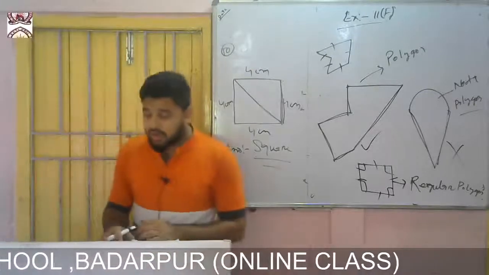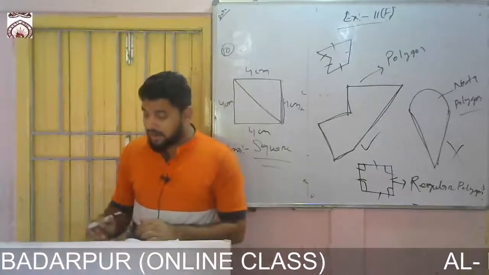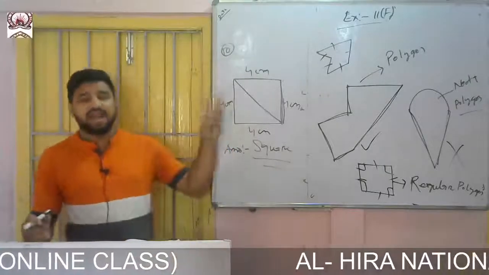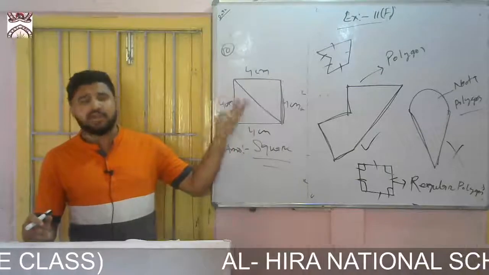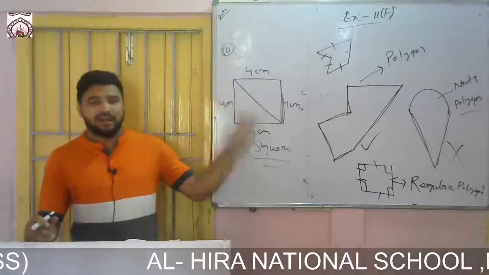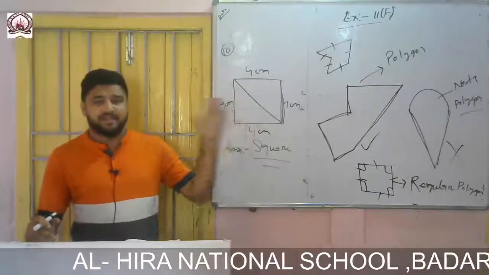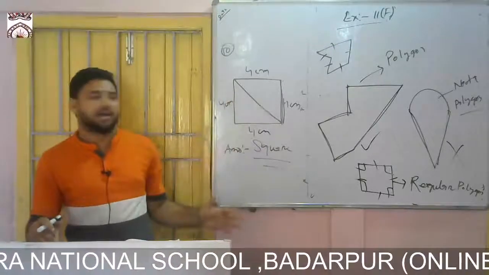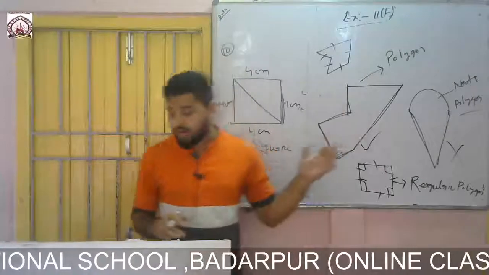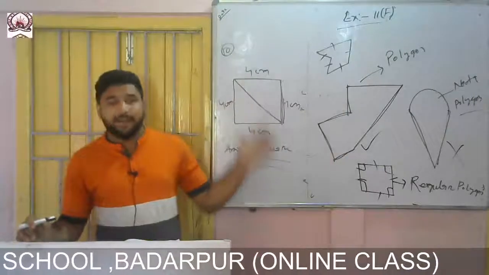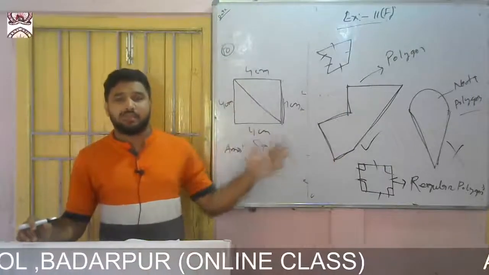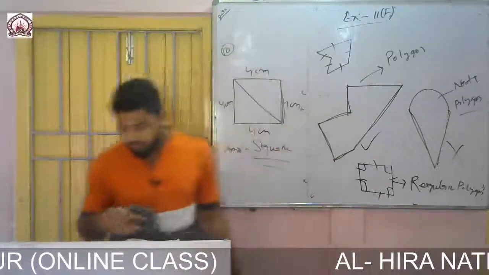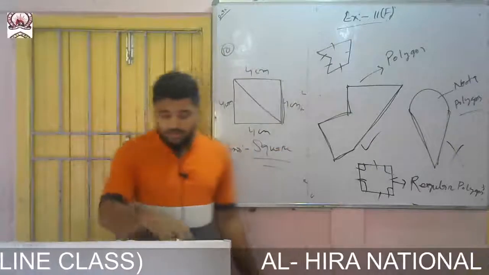You come to page number 215. You see types of polygons are there with their sides. So if 3 sides, triangle. If 4 sides, then quadrilateral. 5 penta, 6 hexa, 7 hepta, 8 octa, 9 nona, 10 deca. So like this: triangle, quadrilateral, pentagon, hexagon, heptagon, octagon, nonagon, decagon. So like this. So let's move to the exercise.